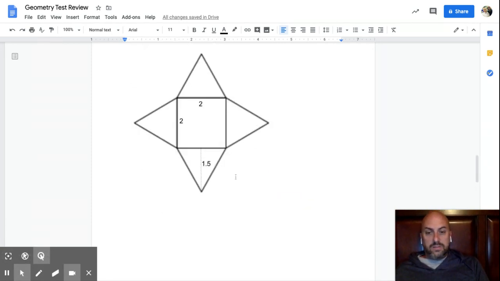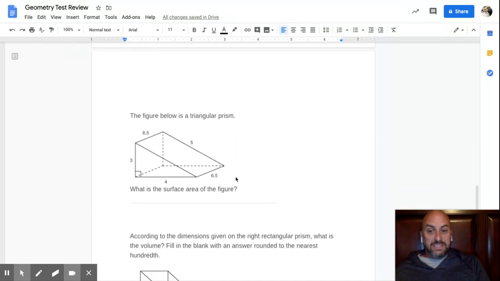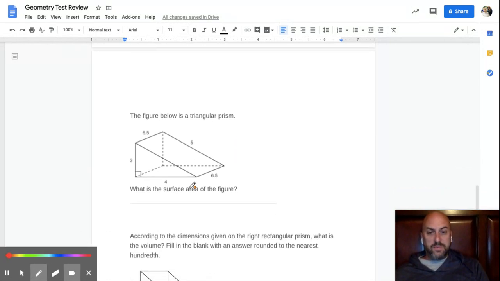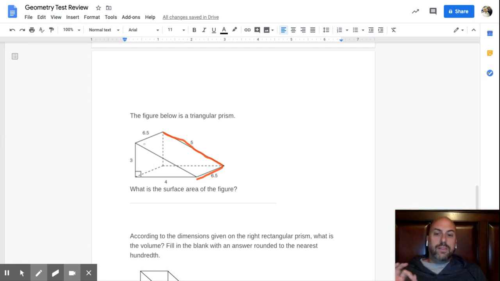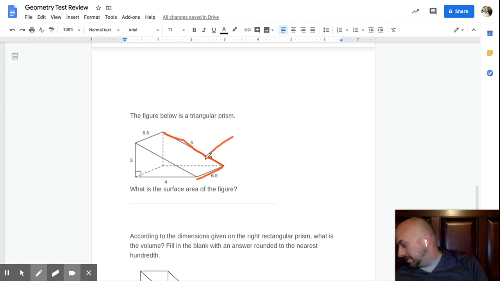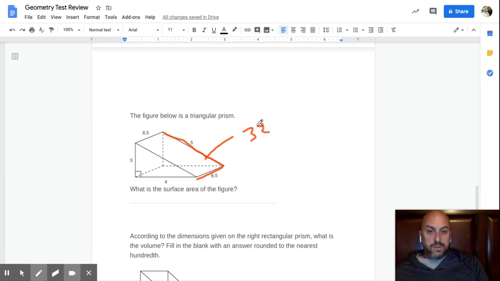Okay, so let's look at this one. Same thing. There just seems like more shapes, right? So I'm going to start with the big rectangle right here on the top. Now I've got a 6.5 here, a 5 here, and a 6.5 here. So some of you may go, okay, so 6.5 times 5 times 6.5. No. Length times width. 2 numbers only. Don't make up stuff, okay? So we're just going to do 6.5 times 5 for this one. 6.5 times 5 is 32.5,